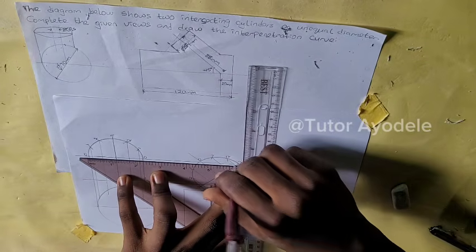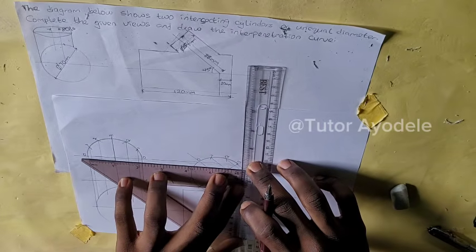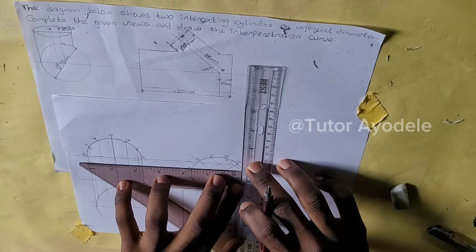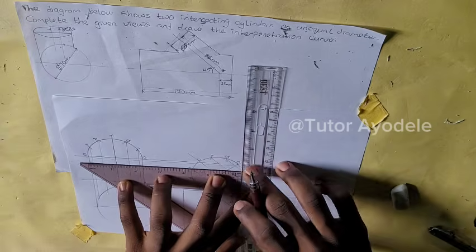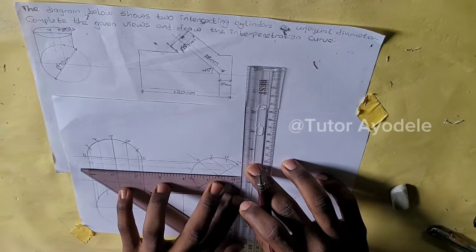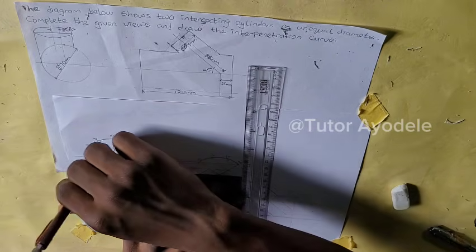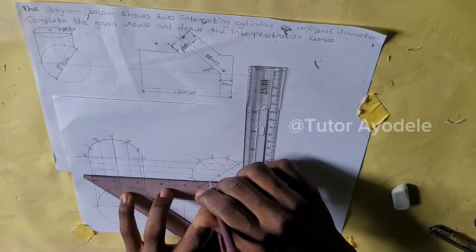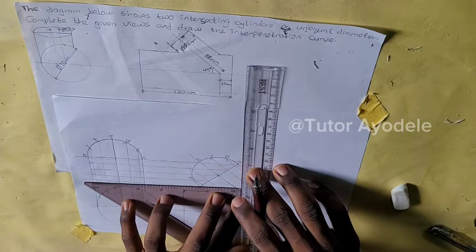So at this point, I'm going to draw a line into the box. At this point, I'm going to draw a line into this box. At point 0, I'm going to draw a line into the box. At point 1, draw a line into the box. And finally at point 2,